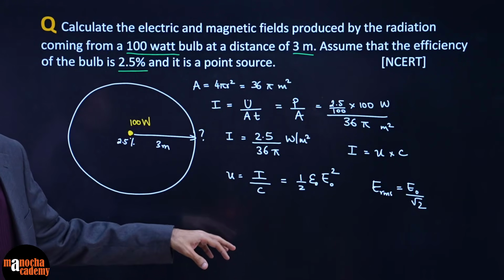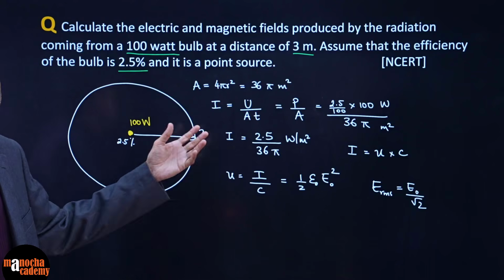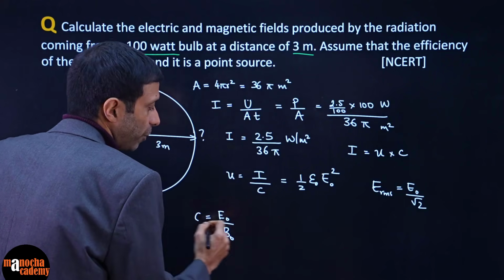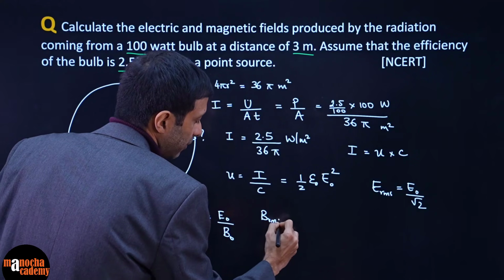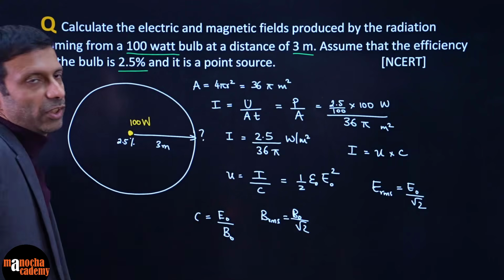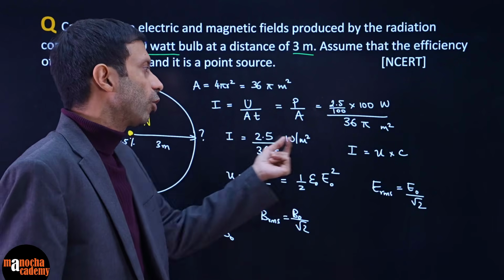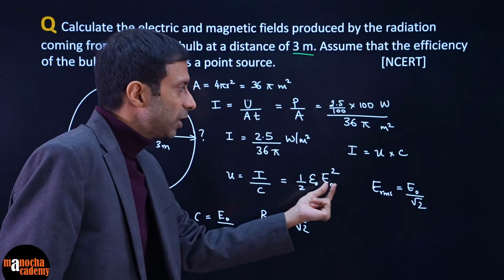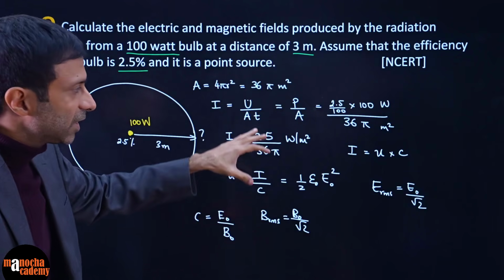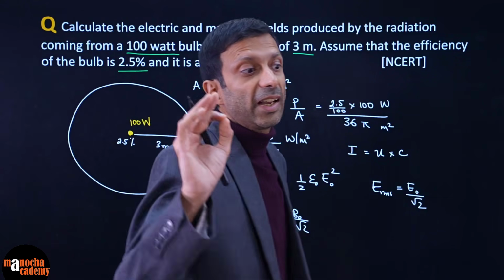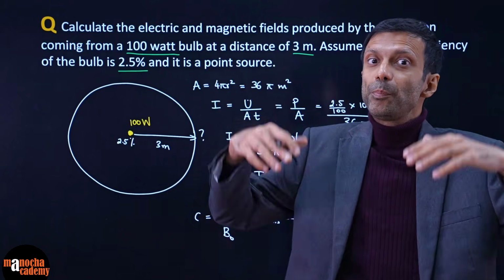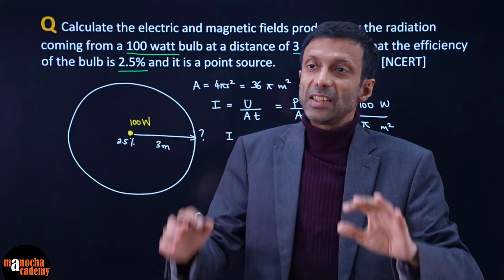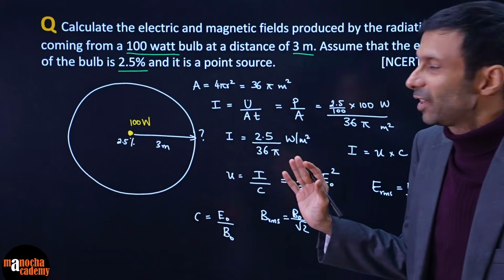Same way you can work out the B naught, right? Or B naught you can get from E naught directly from here. So you get your B naught and then your B RMS. So now it's just a game of calculations, because I got you till intensity, you divide that by C, and now you just substitute these values. So yes, there are some lengthy calculations here, but we can easily work out the magnitude or the RMS value of the electric and magnetic fields at any point. We can easily predict it from this.